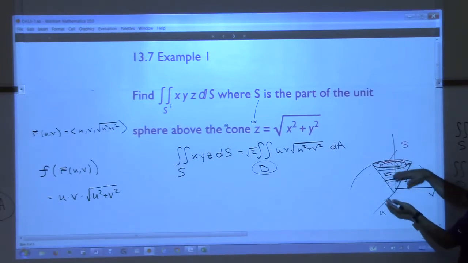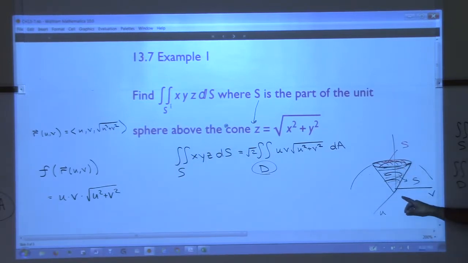And then this cone is the... But now we're only looking at the side? The side, the black part? Yeah, not inside the cone, just the surface. So can you tell me how I'm going to draw that? What are my restrictions on U and V? What is that on the ground? It's a circle, right? Which means you're going to have to go